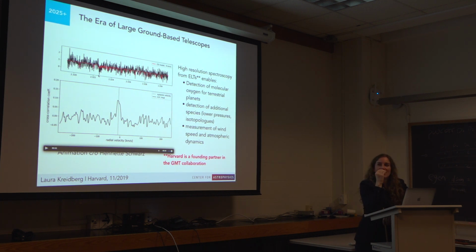So I am particularly interested in using this technique to search for species that have lower abundance. By going into the core of the line, you can see things that have much lower partial pressures. So one thing you can look for, for example, is sodium or potassium. For hot rocky planets, the surface, if it's hot enough, is expected to have a thin vapor atmosphere of vaporized rock. You can look for things like sodium in there,